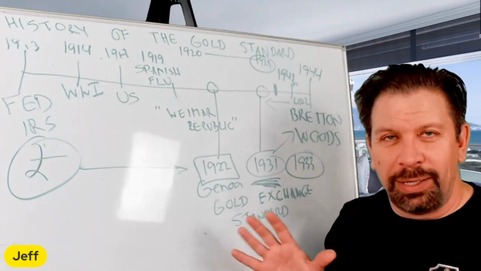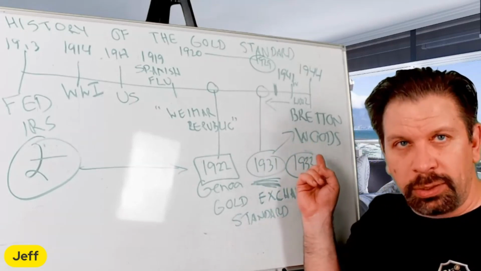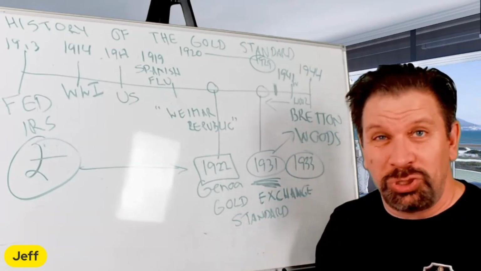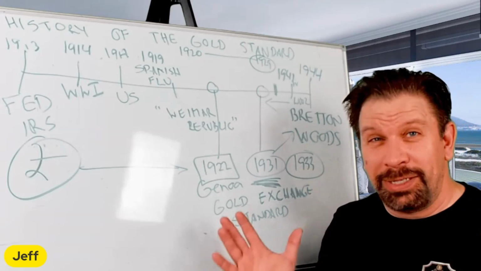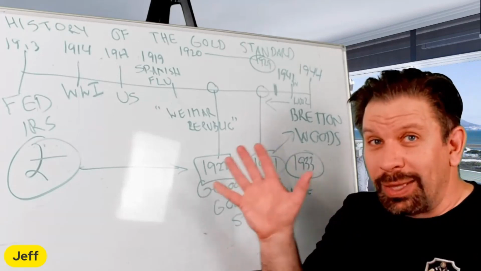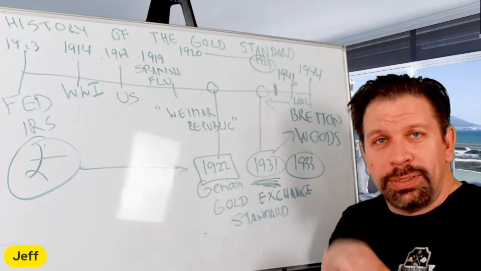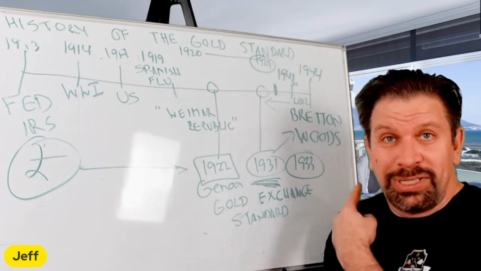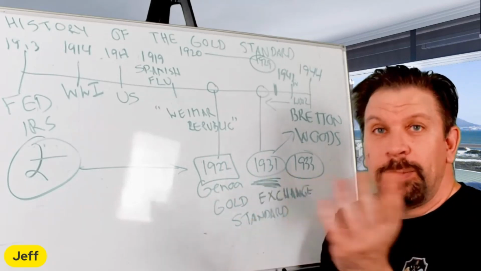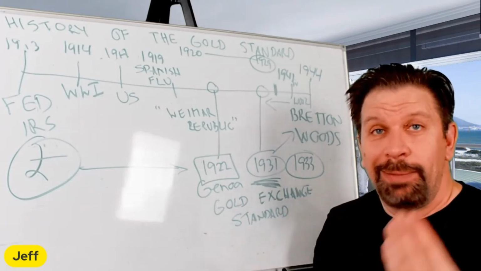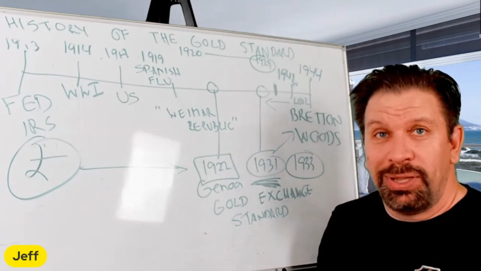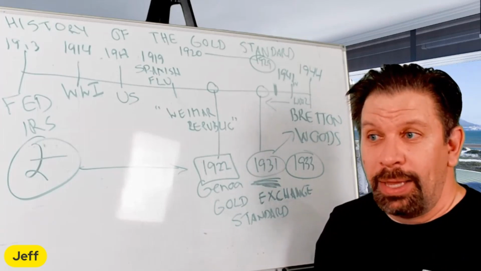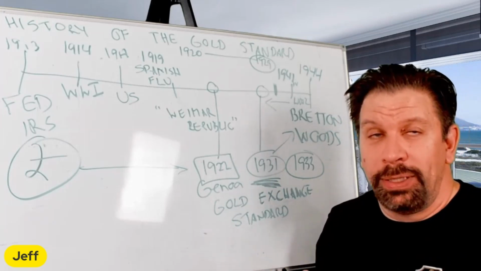I mean, 45 was technically the end, but there was a conference in New England called Bretton Woods. That's the location. I think it was New Hampshire. Might have been Vermont. I get them mixed up. I'm sorry. But in New England, they had a meeting at Bretton Woods, and the U.S. became the gold standard. And that was the standard currency for the rest of the planet, because the U.S. had most of the gold and most of the production, had most of the army too. They had everything going for them at that point in time.